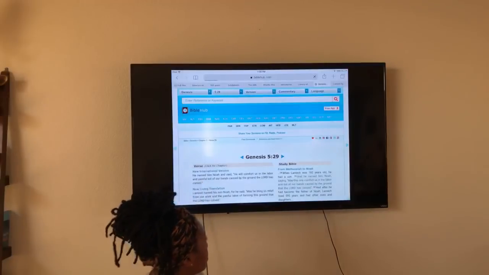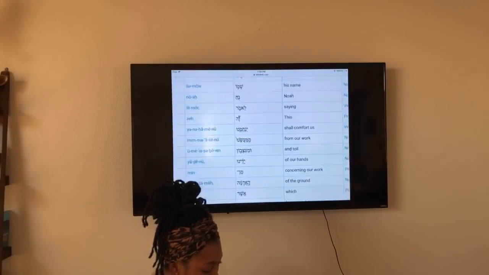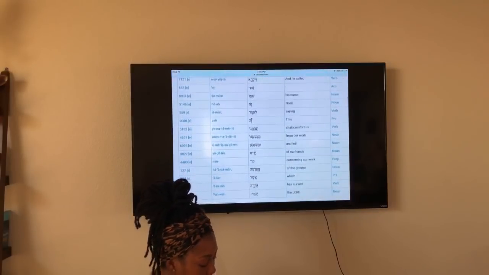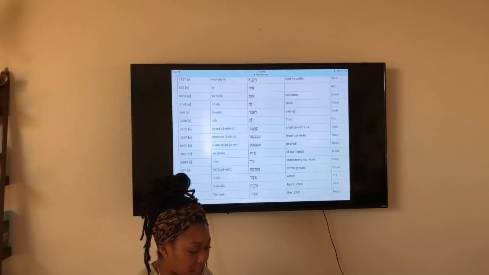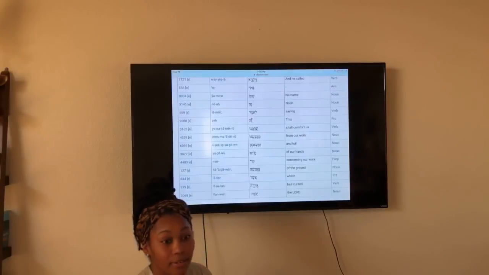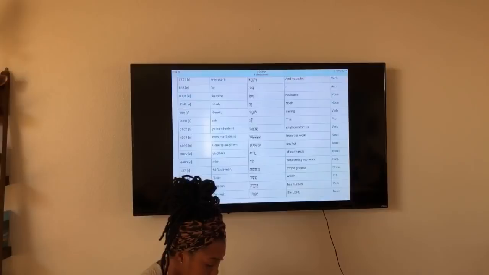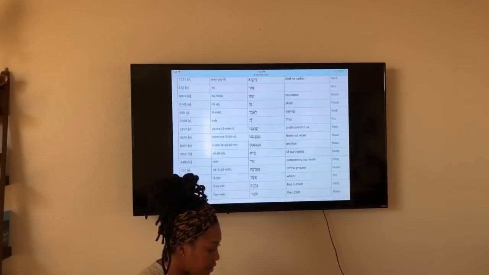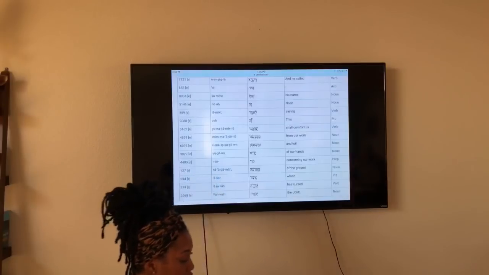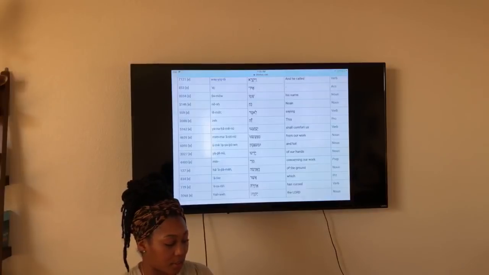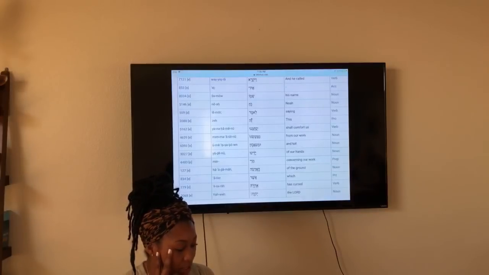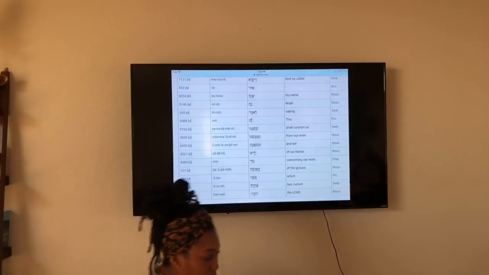Okay, so Genesis 5 and 29. I'm going to pull it up in Hebrew so that you can see what I'm talking about, the root word existing within another word. Okay, so I'll leave it small and I'll zoom in. So Genesis 5, Bereshit, Chamesh, 5, 29. Chamesh, just in case anybody is wondering. All right. And it says, and he called, so background, Lamech was Noah's father, lived 182 years, and begat a son. And he called his name, I'll read as it says in Scripture, Noah, saying,